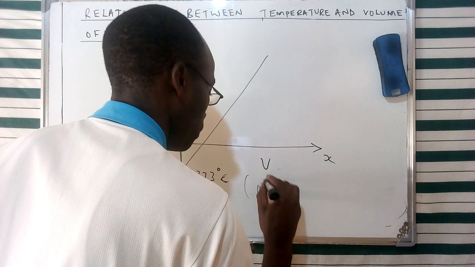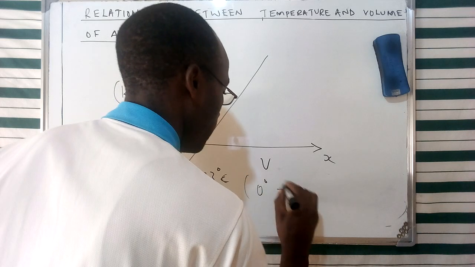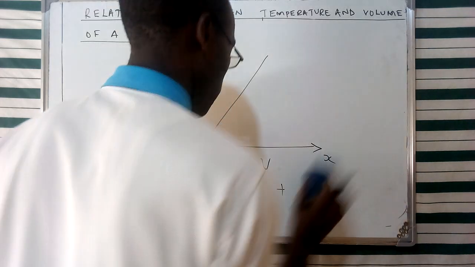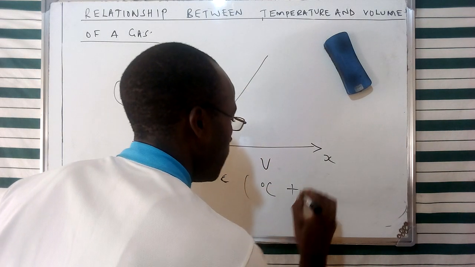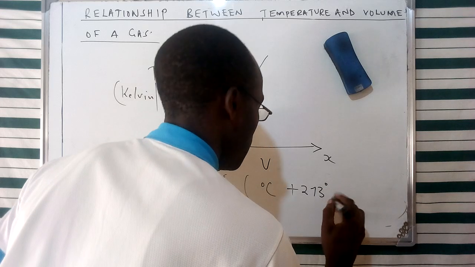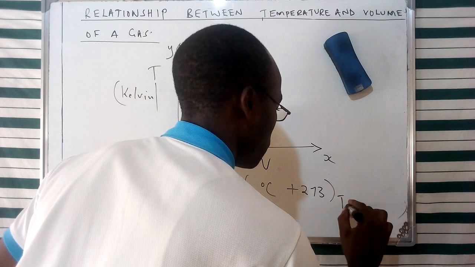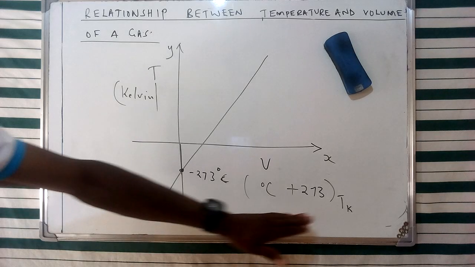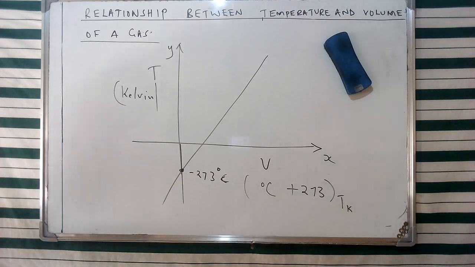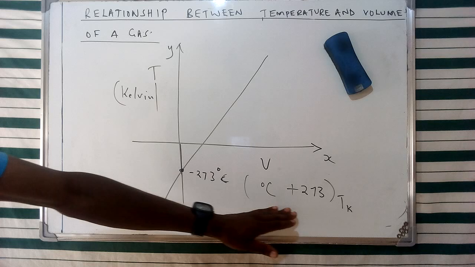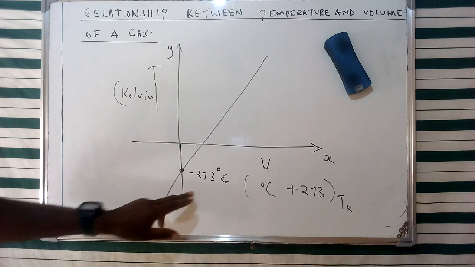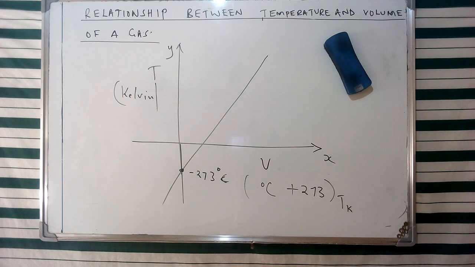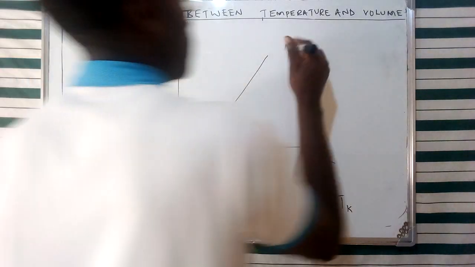So this is equivalent to 0 Kelvin, or we can give it in terms of Celsius, whereby this is going to be the Celsius plus 273 on a Kelvin scale. So this is going to be given as T in K, to represent the absolute temperature on the Kelvin scale. This basically provides the relationship between the temperature in Kelvin scale and the degrees Celsius, whereby 1 Kelvin is equivalent to 1 degree Celsius,